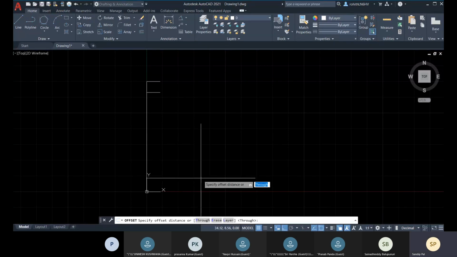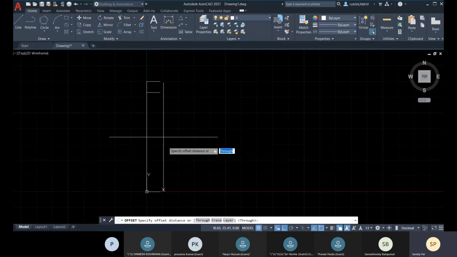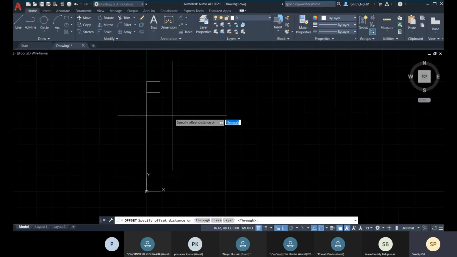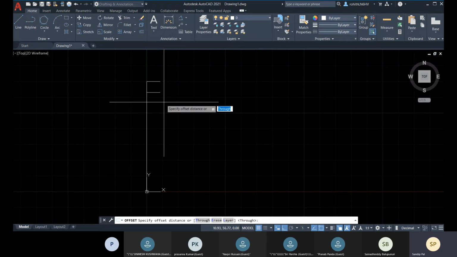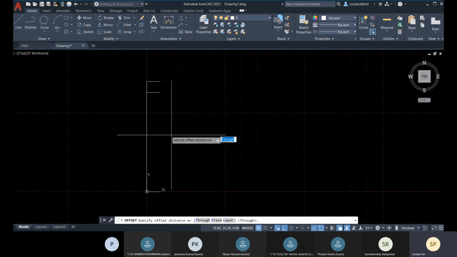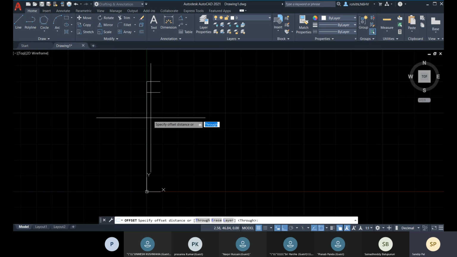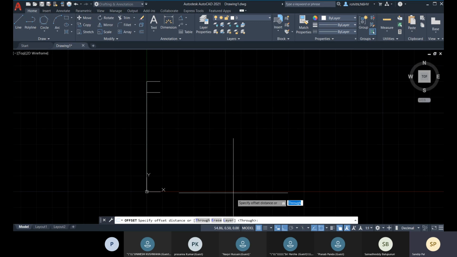This is the icon. I'll click on it, and now you can see that I have an extra window with my crosshair. So I will not just simply specify the input within the command line. It will also be visible with my crosshair, so I don't have to change my vision from the drawing. So it will give you more flexibility. So let's go for it.